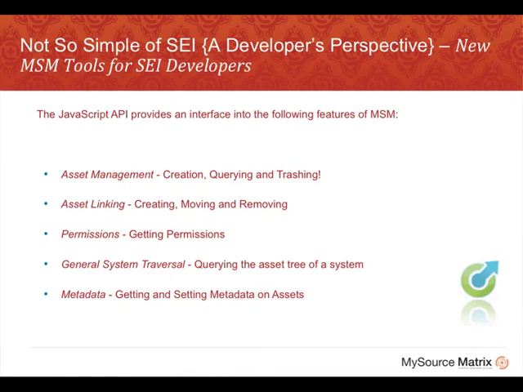We've talked about a few of these things already throughout the conference, but I just wanted to run through some of the actual interfaces that the JavaScript API provides. It provides asset management, asset linking, permissions, general system traversal, and metadata, and that list is expanding all the time. So whilst I've just run through that very quickly, there's actually quite a lot of opportunity to start doing some really great stuff with Matrix, but abstracting the interface away from Matrix and to the needs of your